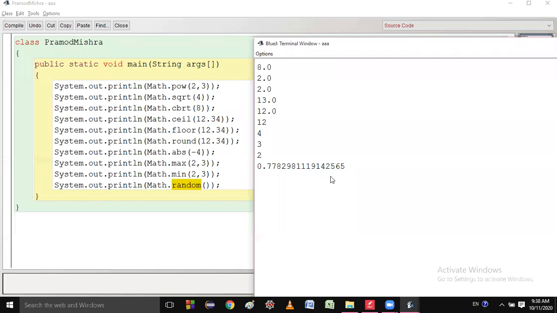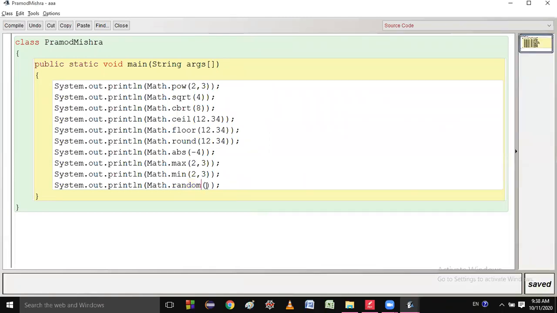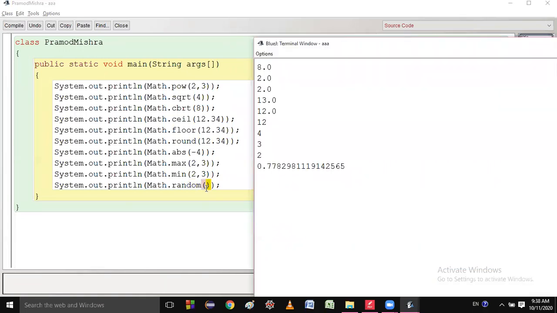You cannot write. The compiler will give you the result. This method does not take any argument. You can watch here. This does not take any argument. The compiler will return the value. This is the duty of the compiler, not your duty.